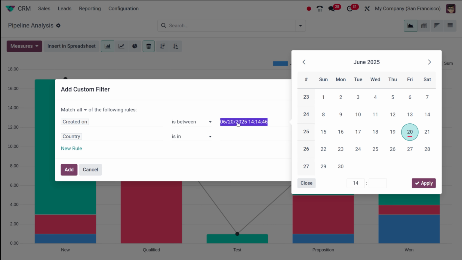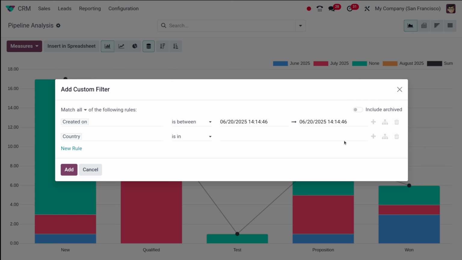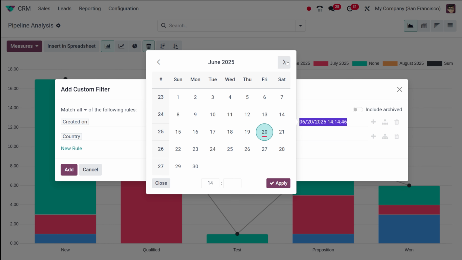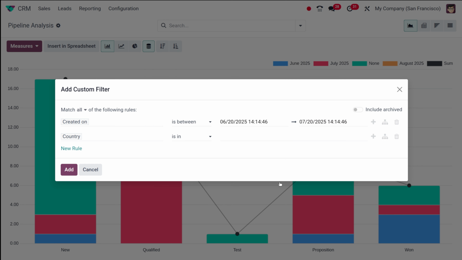So I have a day over here. So let it be, today is 20th of June itself. I'm applying it. And here I'm choosing it to next month 20th. So we have a 30-day range over here right now. That is a 1 month range. Okay. Now, once you give this, this is actually the first thing, that is the starting date, the first filter.